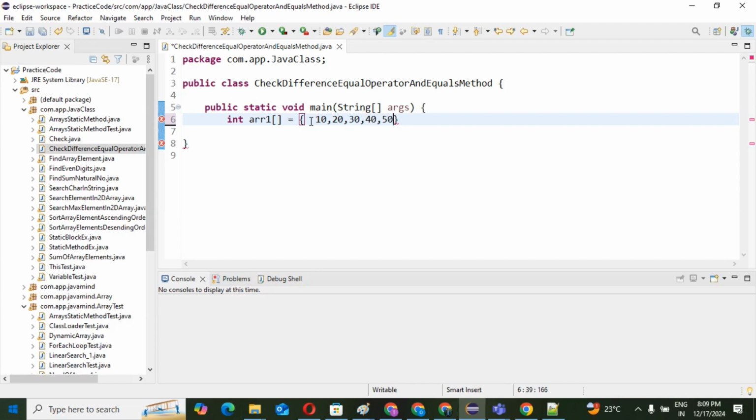One array we have created and initialized as well.